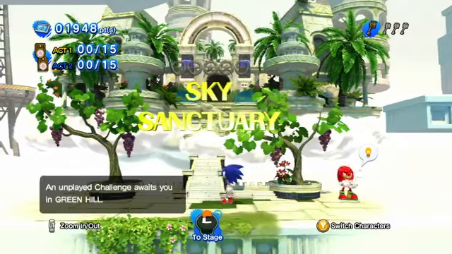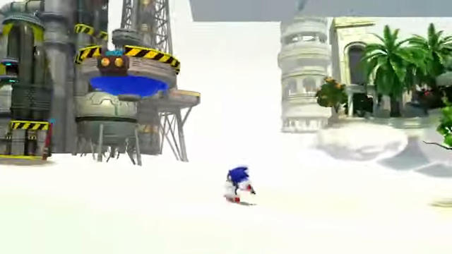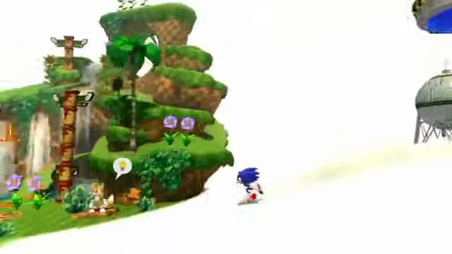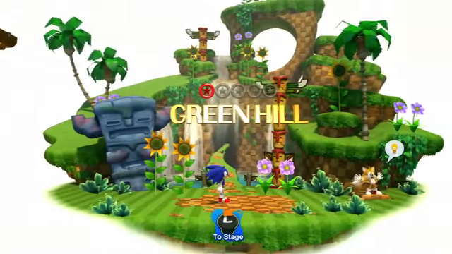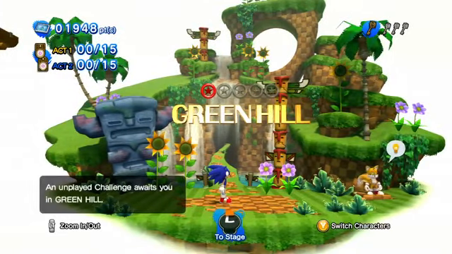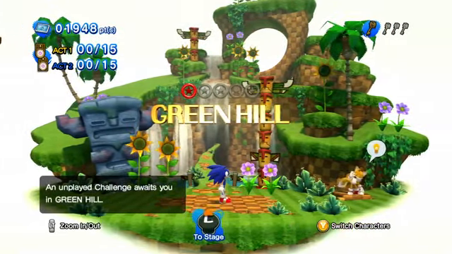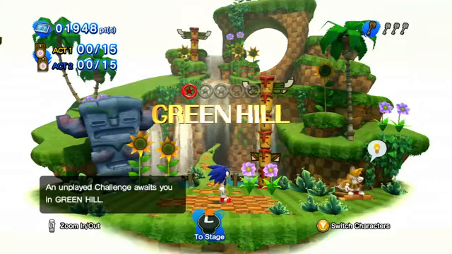So now we are trying to restore the color back to it, and so far the game has been populated with these very classic Sonic the Hedgehog levels. Green Hill, the first one. It's actually kind of funny because in this first one, when you go through it with modern Sonic,